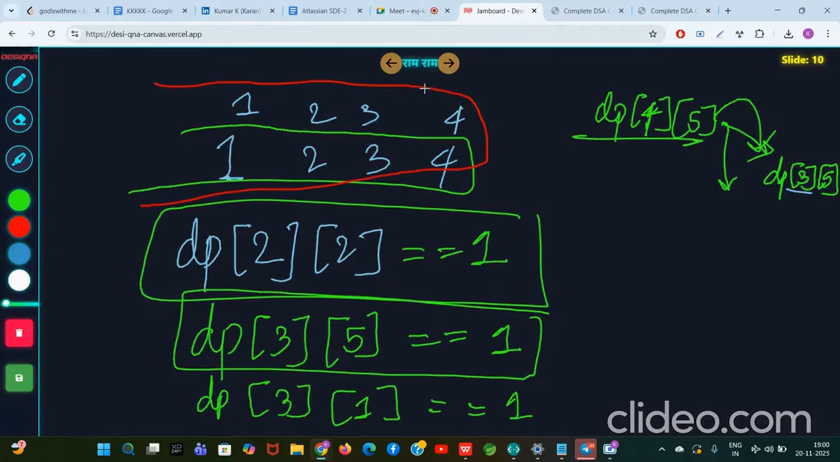So guys, my hypothesis says that dp45 is always equal to dp35 plus something special. So guys, what do I mean? I mean that dp45 means how many subsets are there in the indices 1 to 4 whose sum is 5. Whatever subsets there were in 1 to 3 whose sum was 5,